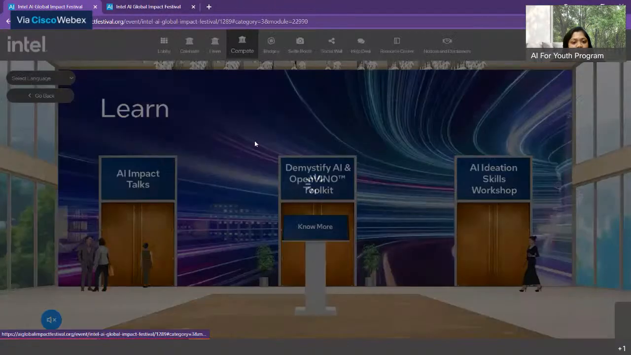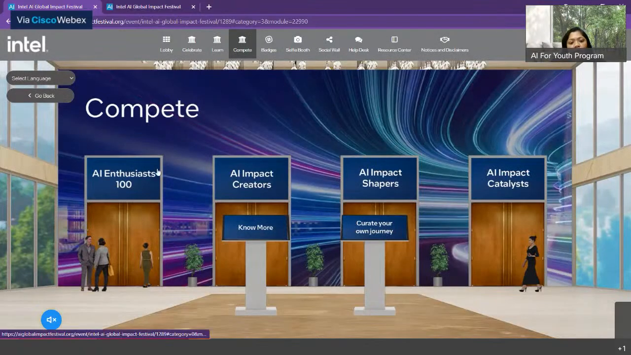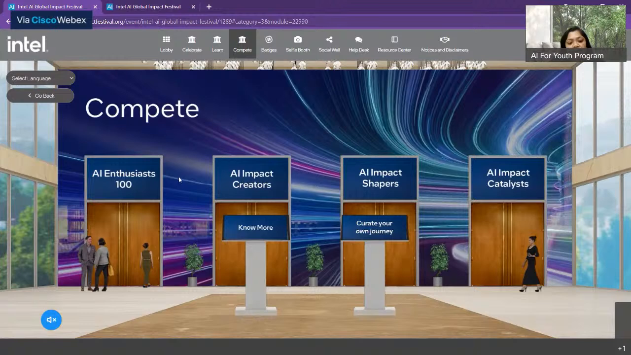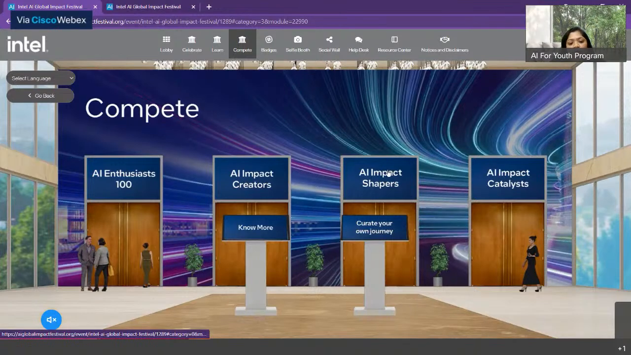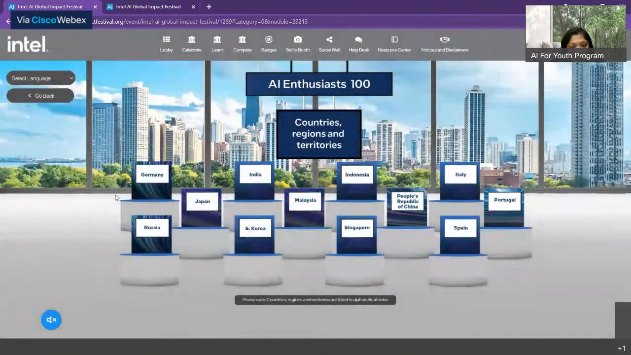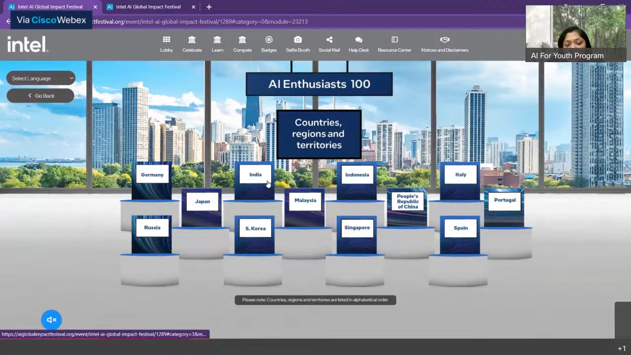Now I am going to the compete section. When you go to compete, we have projects that have been listed in four categories. Okay, so one is AI Enthusiast 100. We have ideas listed from about how many you see, about 13 countries. So when you go to each of these countries, you can see the top ideas from those countries. At this point in time, you will be able to vote for your favorite